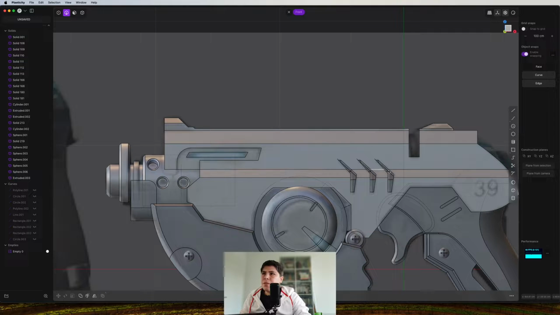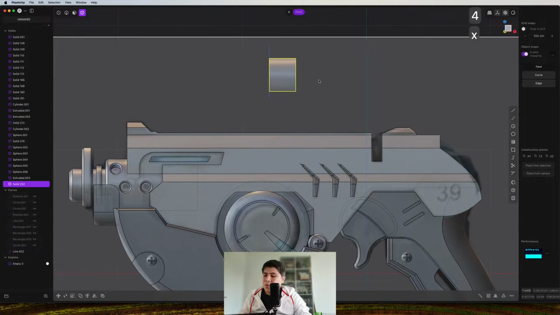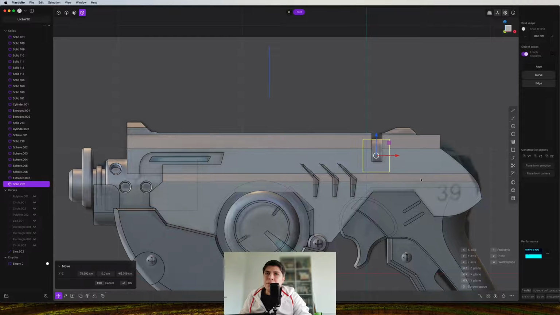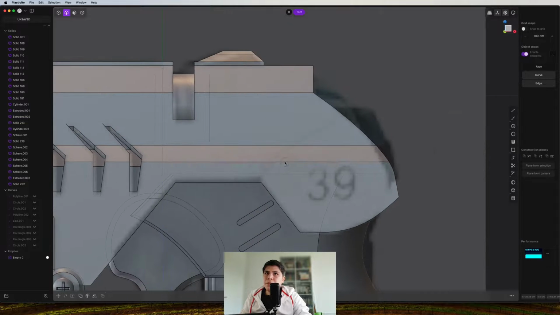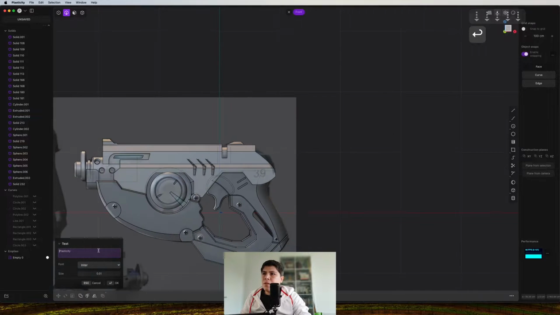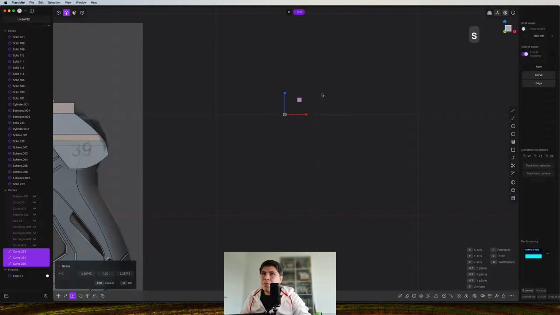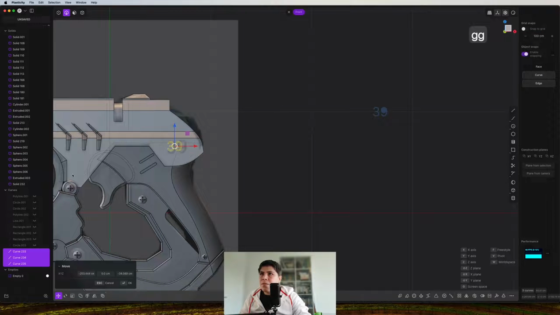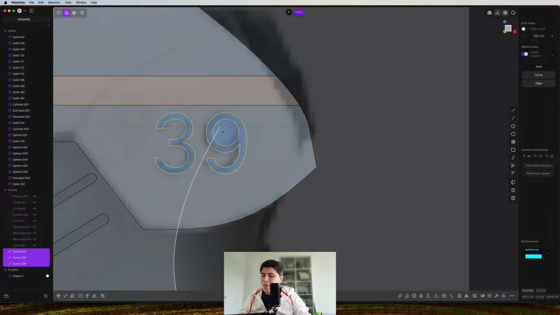Okay, here is another cylinder, so we can maybe grab this one, cut it here. And I'm going to just grab this and put it there. What else? We need to make a 39 and imprint it. So for this we press F and text. And we can just write here 39. And okay. So where is our text? A bit small. Scale it, imprint it,